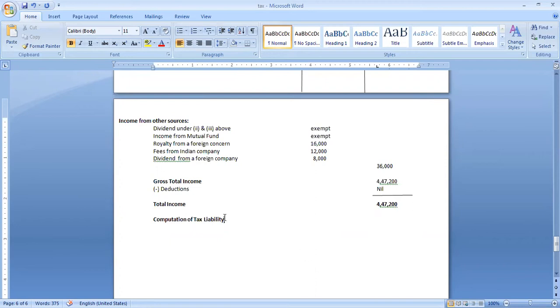You are going to calculate at a direct flat rate of 30%. So, tax on rupees 4,47,200 at a flat rate of 30%. So the amount will be,